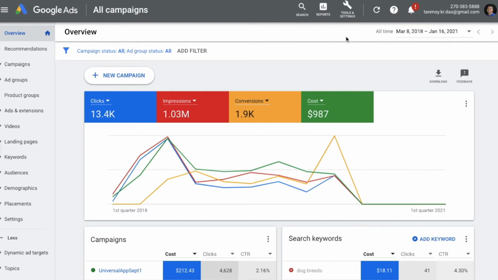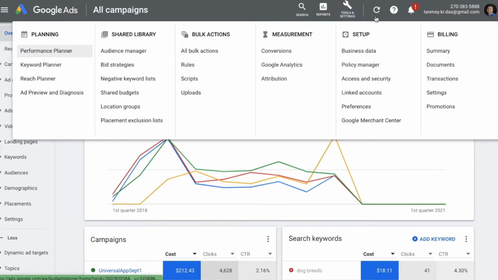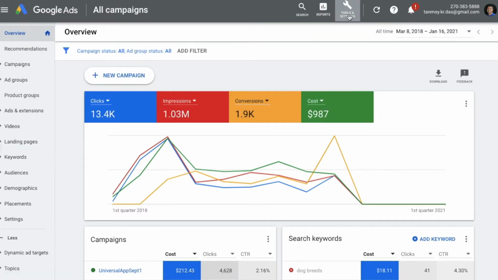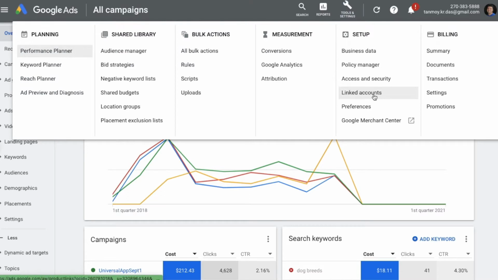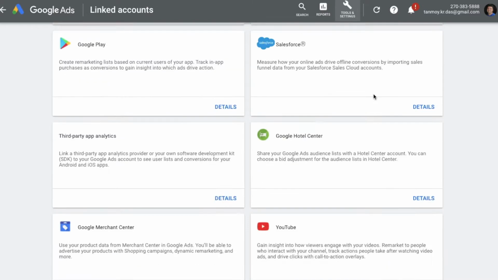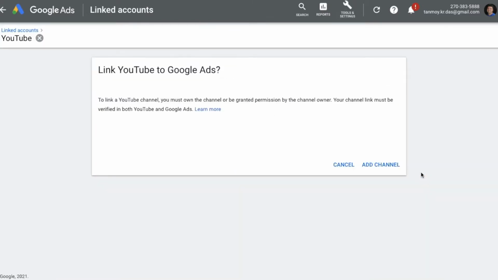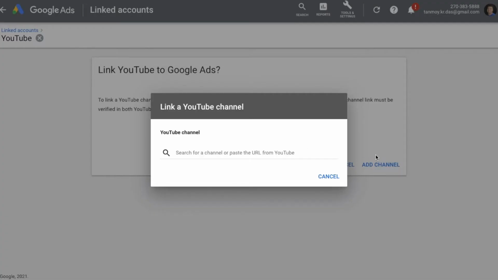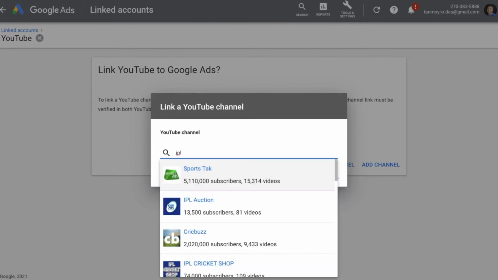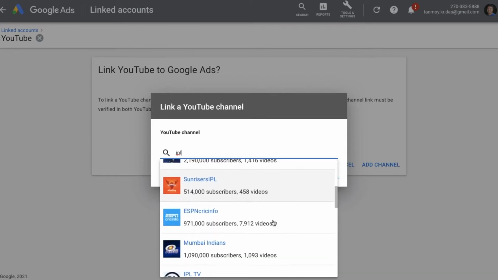In order to do that, guys, the first thing we will do is go to tools and settings. And we can go to the linked accounts. In linked accounts, you will be able to find YouTube, and we'll go to the details page of it. And here, as you can see, you can link your YouTube account to Google Ads. You can click on add channel and type the channel name. It will open a drop down where you can select your channel